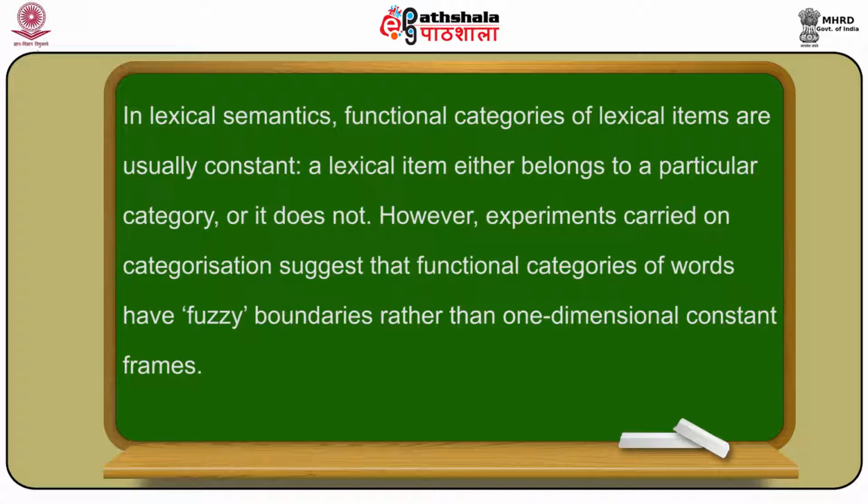Either it is a noun or an adjective, either it is past tense or present tense, or something like that. So we always believe that words belong to one particular category or the other. But when we refer to the corpus, we find that this kind of one-dimensional categorization does not actually work. A word can, in two different sentences,